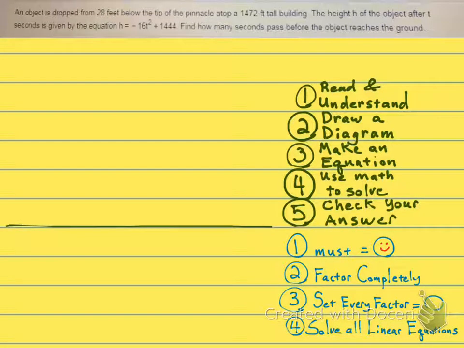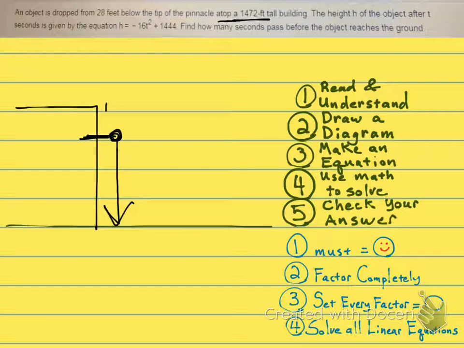So what we have here for this problem is we have a building, and we're somewhere maybe on a ledge or on a window below the top of the building, and we're taking an object and we're dropping it down to the ground. Now they give us some information here, and some of it you just don't need for this problem. They're telling us that the top of the building is 1,472. And we're dropping it from 28 feet below. So if you subtract 1,472 minus 28, you're going to get